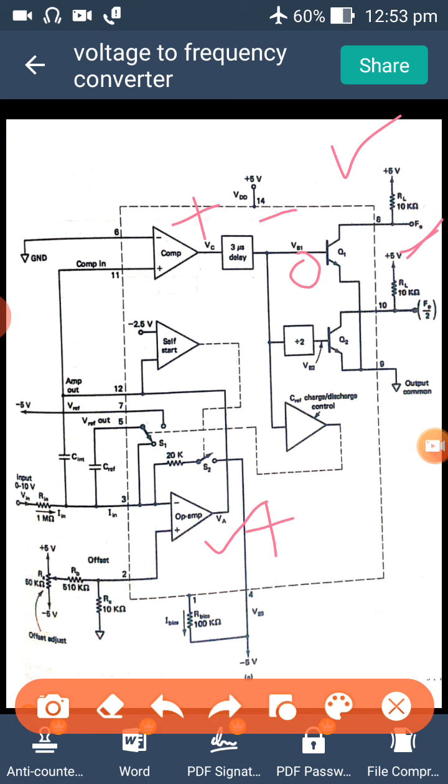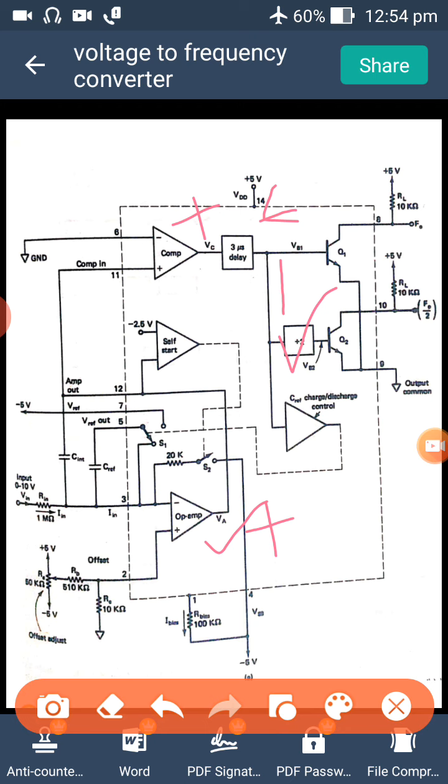Okay, then the next point is this negative voltage, that is this low, is given to the transistor first, then this low is given to the divided by 2 circuit. What is this divided by 2 circuit then? The divided by 2 circuit that we are using here is a flip-flop, right? What will it do?